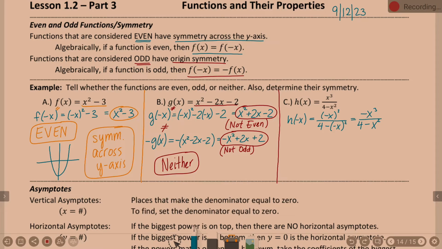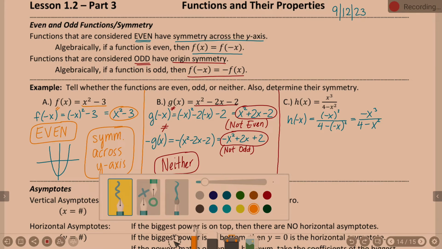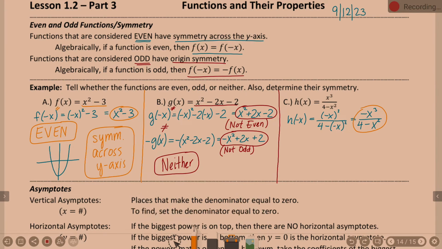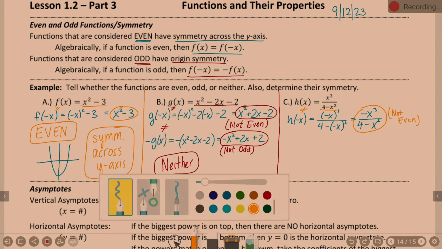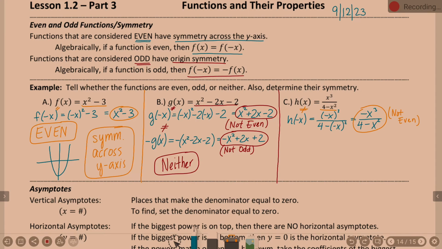Okay, what thoughts do you have here? Right now, does this match my original? Nope, we're off by a sign. So right now, I know this is not even. Okay. Next, I want to find